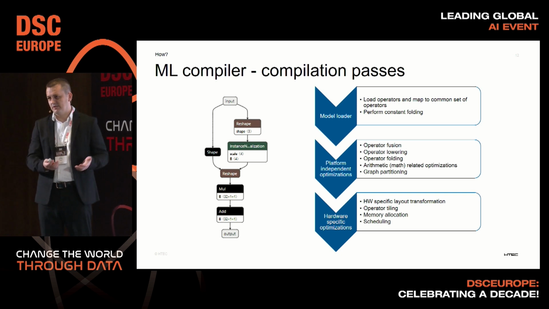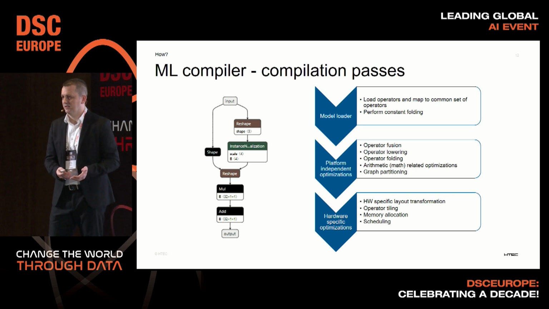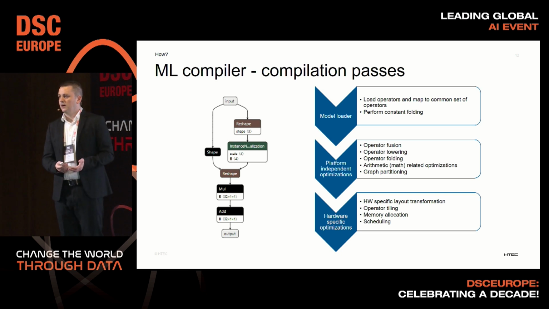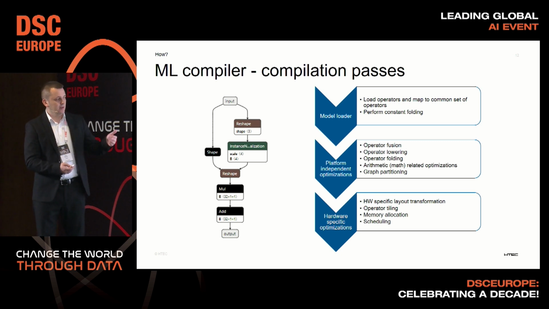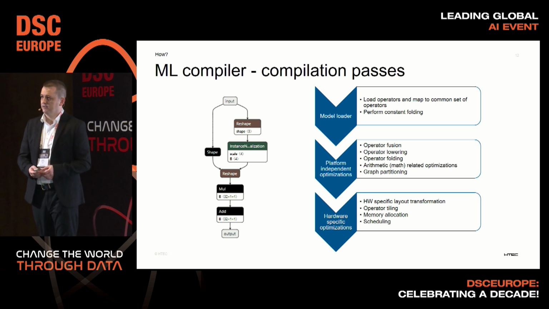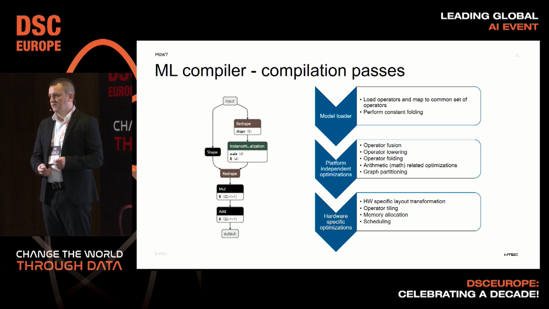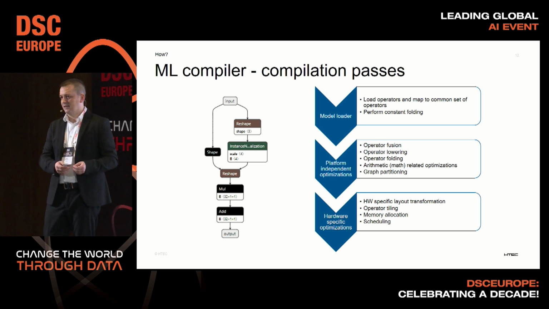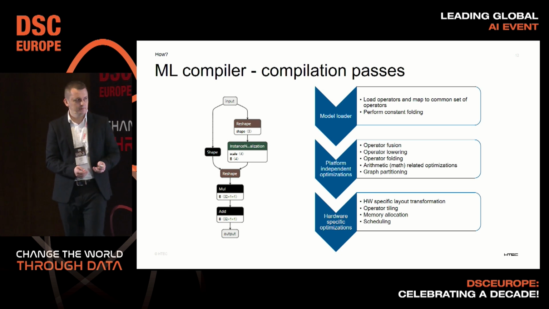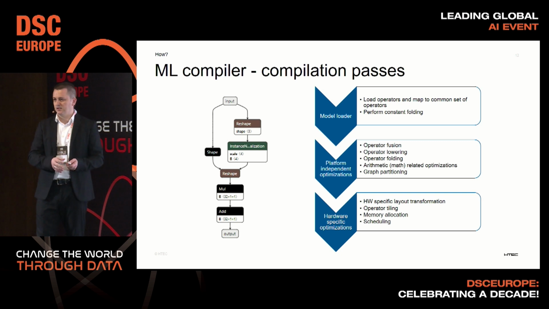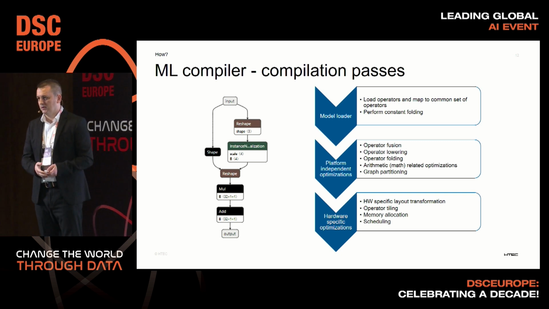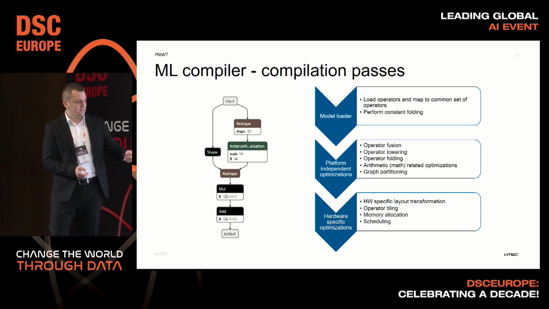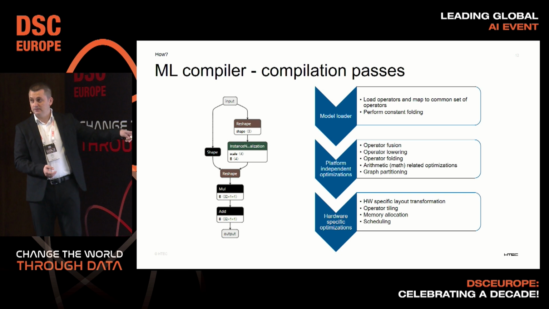So we will load the model, or just the representation of the graph that you created, and maybe perform some optimizations over there. There are some platform-independent optimizations, like those coming from math, where you can make some graph rewrites, replacing one node with another while keeping the semantics, and apply some optimizations in, let's say, the ML domain. One example can be on the left side.